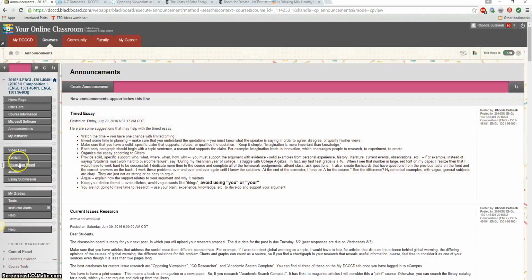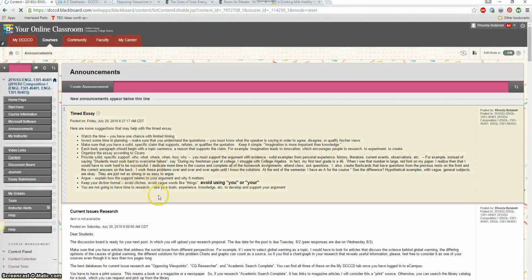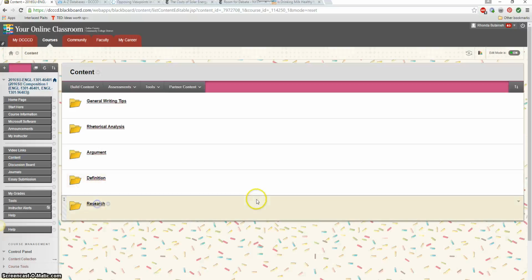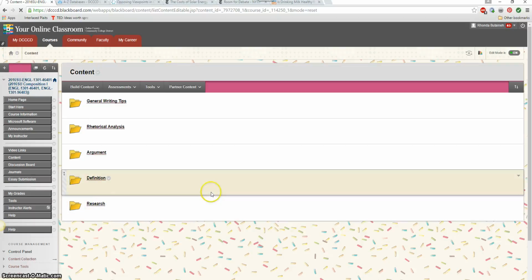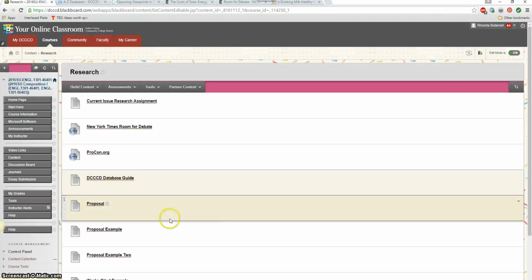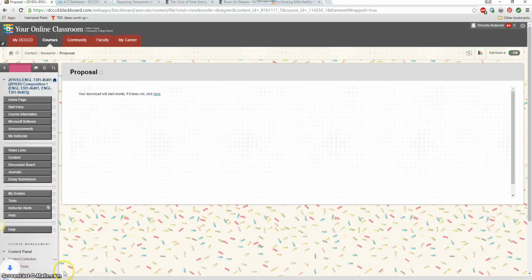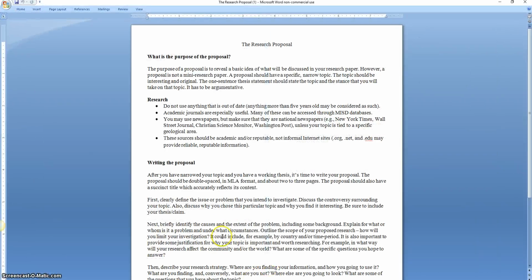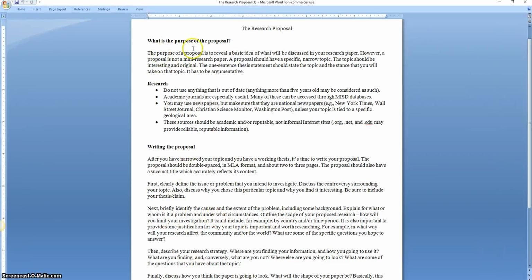In the content folder, there are 2 examples of different proposals and a basic outline of what a proposal looks like. Please look at the examples, as they're well developed and will show you what to do. If you just look at the requirements of a proposal, your proposal may be a little bit superficial and not well developed. And here's an issue that students have quite a bit.